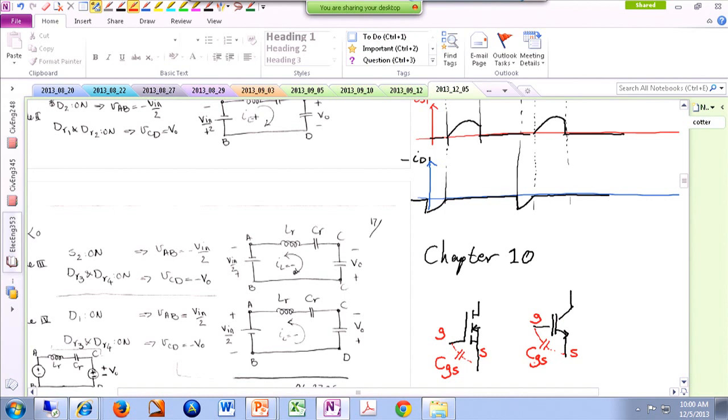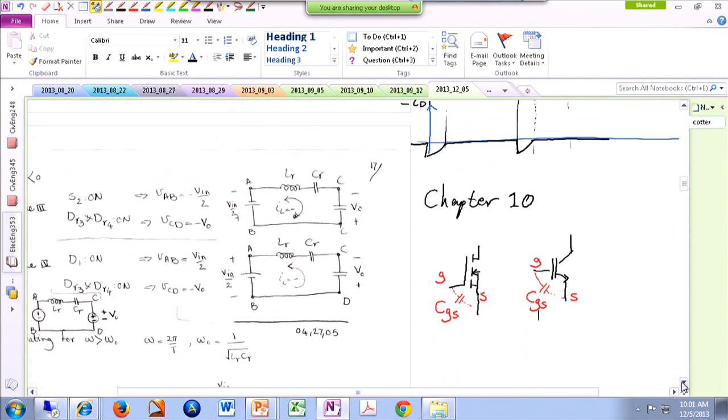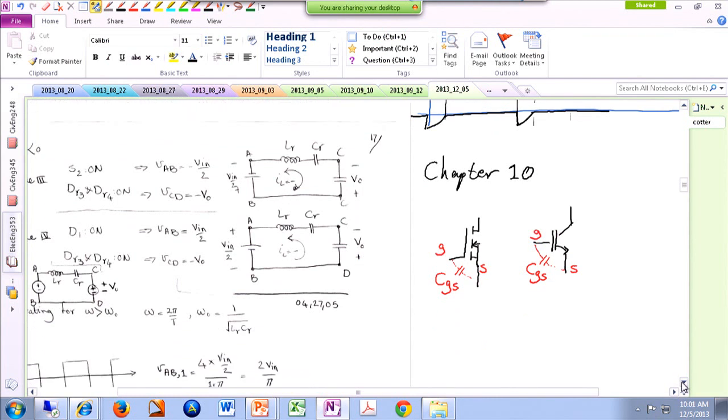It's a relatively small cap, but you have to charge it and discharge it as quickly as possible so that you can actually turn your switch on and off as quickly as you can. So that's why you have a gate drive circuit, basically. Technically, if you have a control circuit, the job of this controller is to create, for instance, your PWM signal and provide regulation,